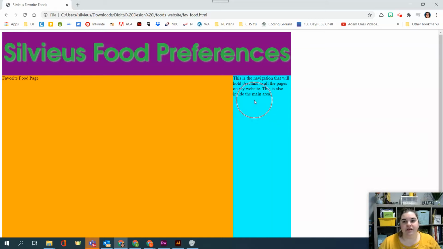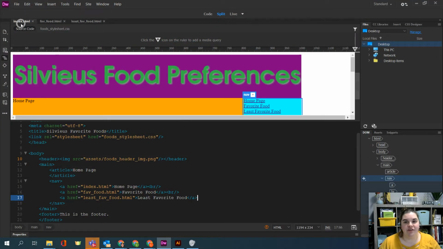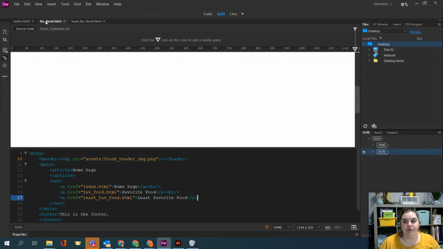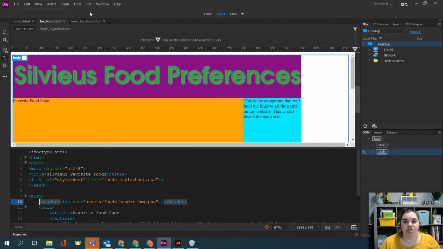Why aren't there any links on our favorite food page? Well, when we made the change to our index file, if you click on favorite food, you're going to see that we did not make the change there, and we did not make the change on least favorite food. So to get the same navigation here so that I can click back to go to the home page or